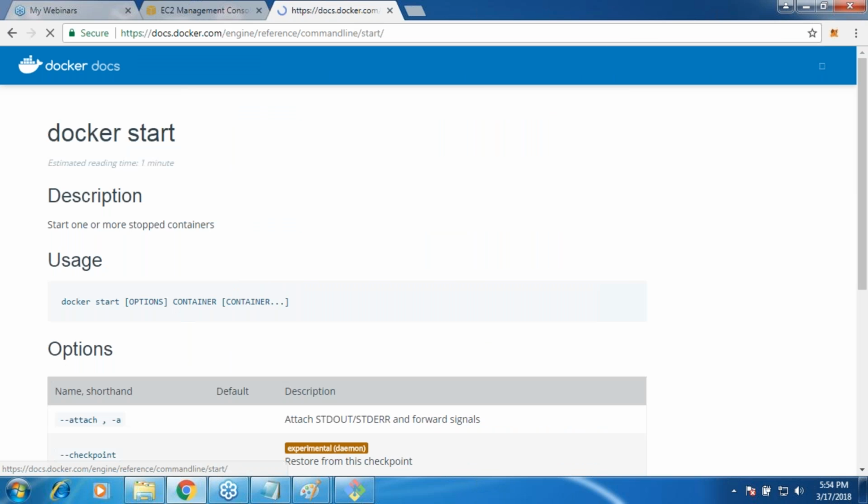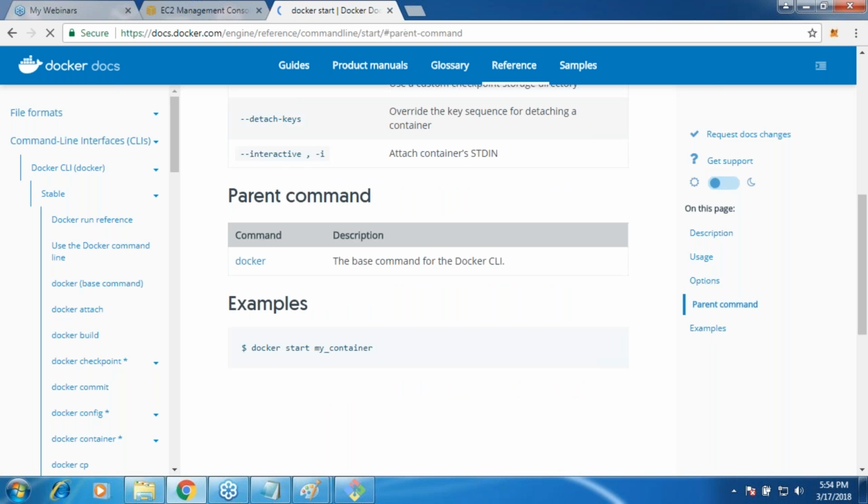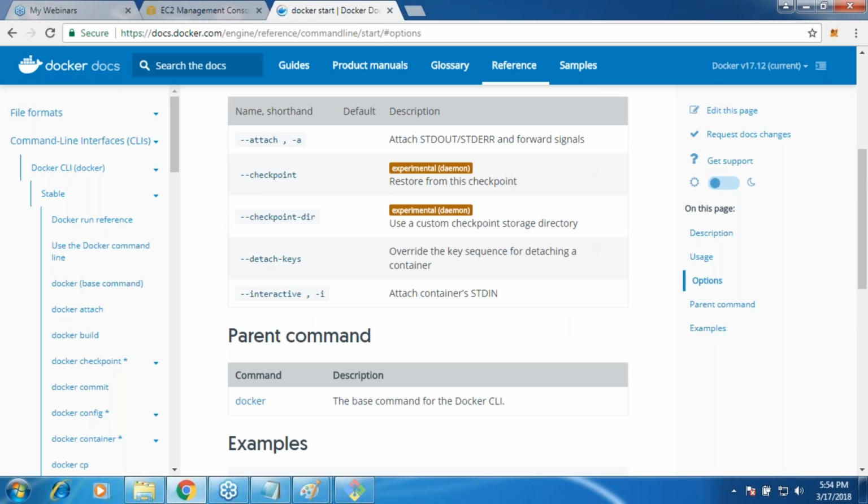Let me see start. Are you seeing anything with respect to memory over here? Whenever you see experimental, don't get into that. Those are things which might get into the next release, or if they are not good, they might not even get into Docker. Do you see anything related to memory here?